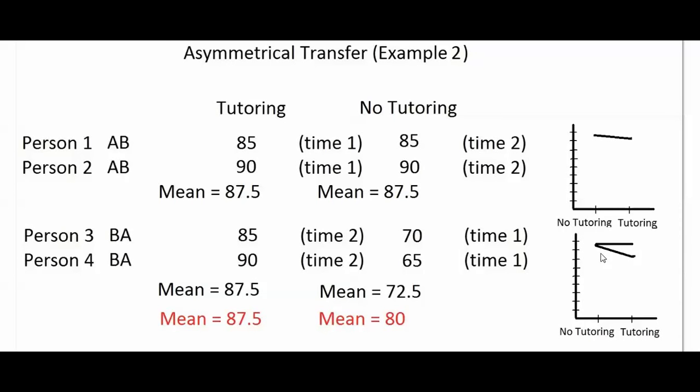If the two lines had been parallel, we would have said that there's no evidence of asymmetrical transfer. This is a problem again because if we want to look at the effect of tutoring to see how effective tutoring is,